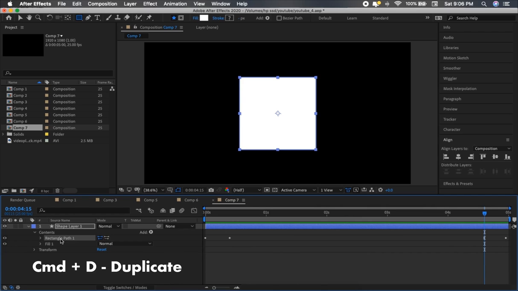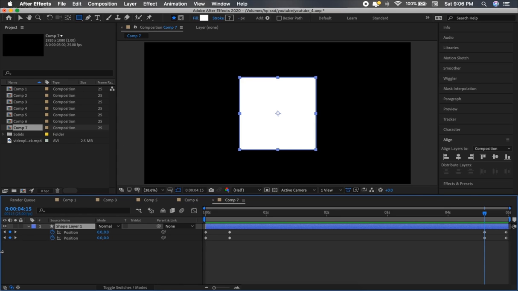Now duplicate this rectangle part. You can use Ctrl D to duplicate this, so you will get 8 keyframes here and there. Now with the shape layer selected, click U, so you'll get all the position from the two rectangle parts. Now you select these two keyframes and adjust this as I do. Okay, done. Now we have got 8 keyframes.